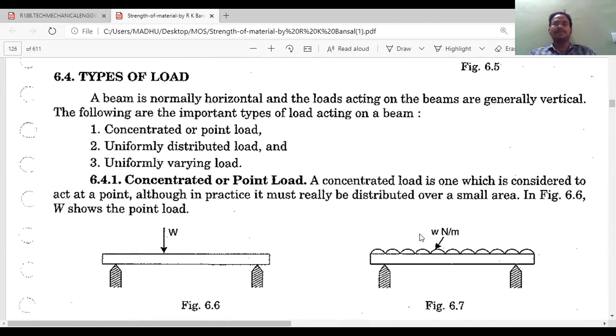Next, types of loads. What is a force? An entity due to which we get some work done is a force. It either has to do work, or it should develop some internal stresses. Now we are going to see how many types of forces can act over a beam. We call it a load, which is nothing but a force, and how that load is going to act over that beam.